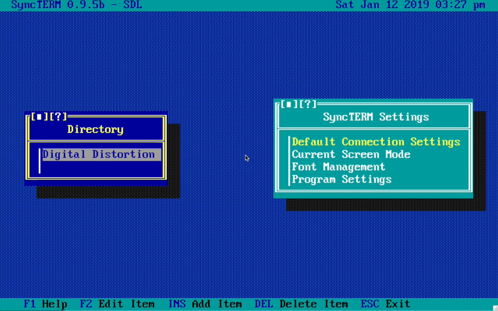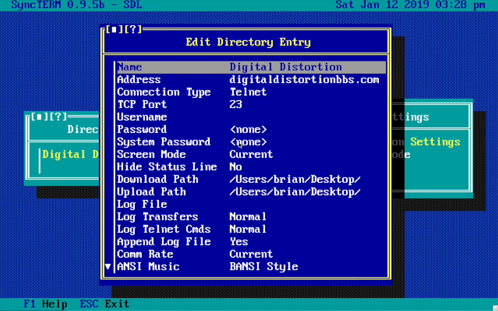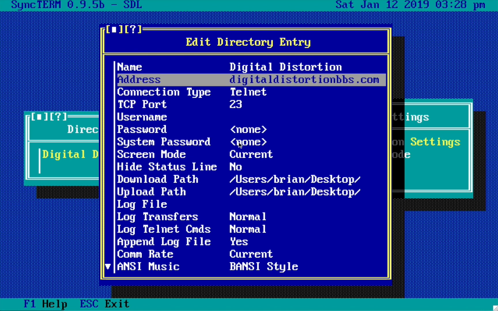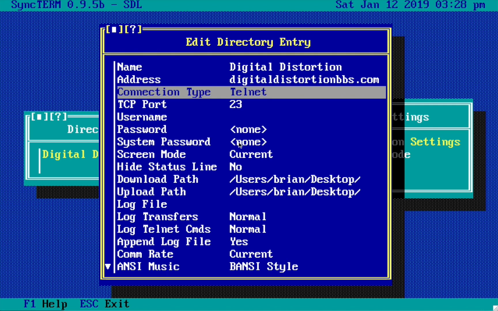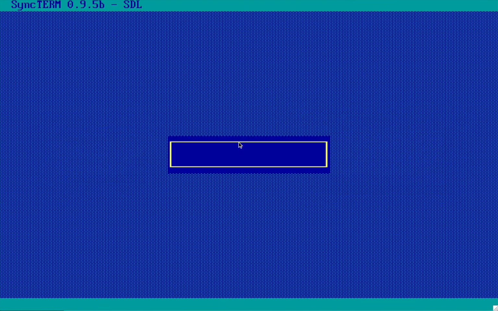Here I'll edit it real quick. Press the F2 button. Well, here we go. So here it is. The address for this thing is digitaldistortionbbs.com, and you use Telnet to get to it, although I think they support SSH as well. Anyways, so let's go ahead and connect,